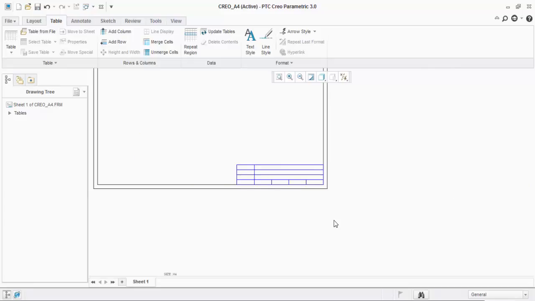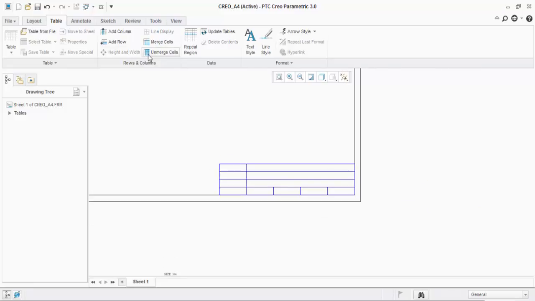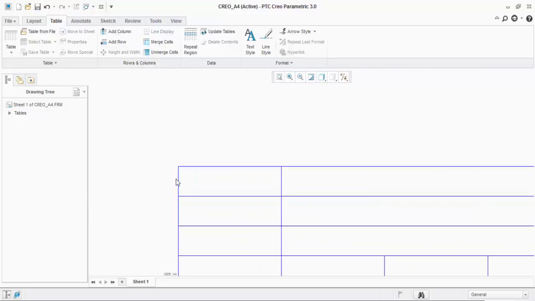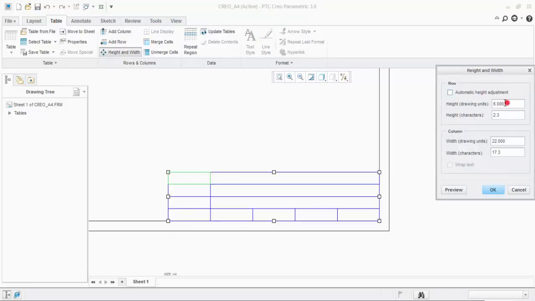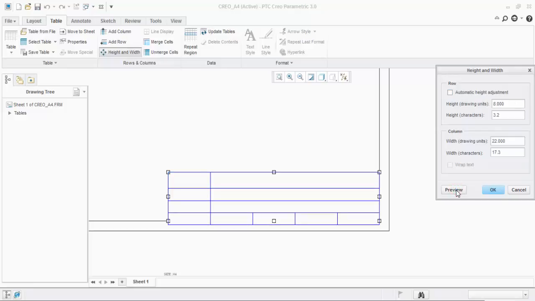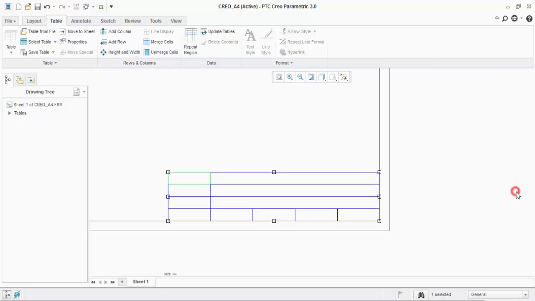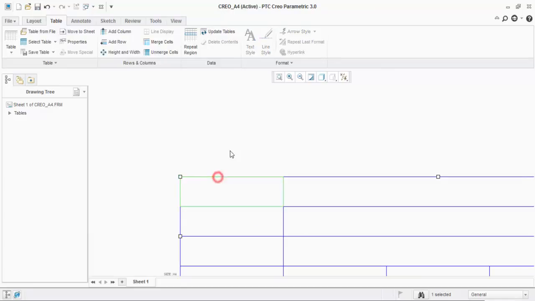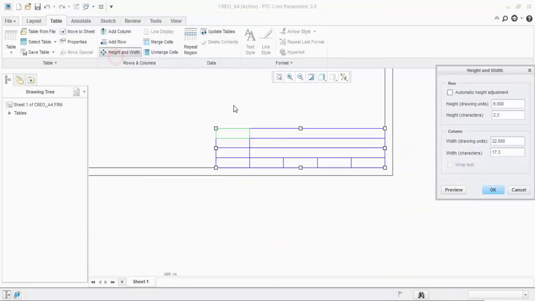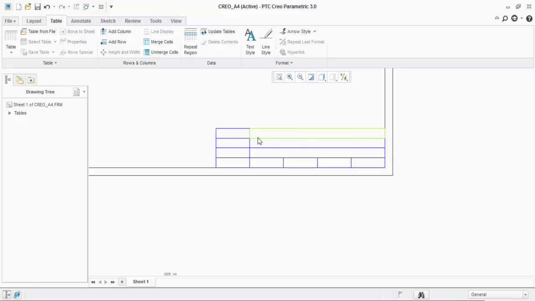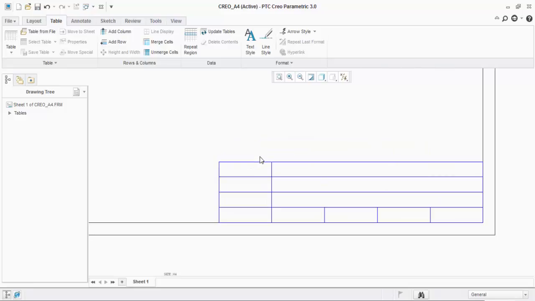You can create a table with the number of cells as per your requirement and merge the cells. You can also change the height of individual text, say 8, click preview. And in the same way you can increase the width of a specific column here to 30, and you can see here. Okay, so create a table of the size you want and enter the data you want